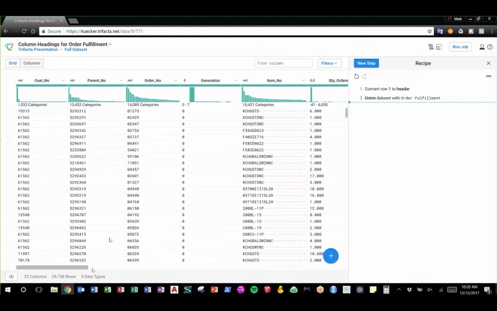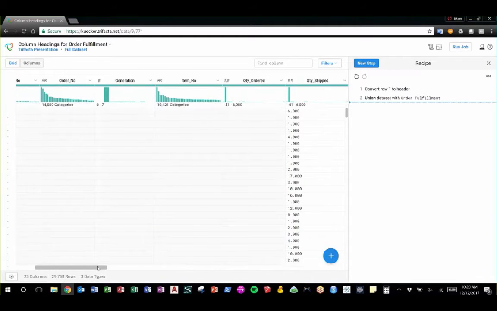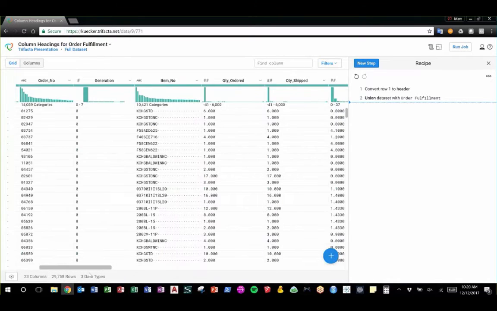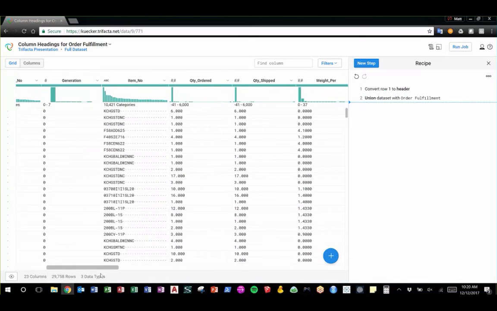And to keep in mind also, these files are fairly large. The order file that I just combined the column heading file with is about 300 megs, so it's fairly large. And so what we're going to want to do here is take a look at all of our order data. So Trifacta provides a histogram at the top of every column heading, kind of showing what your values are for each